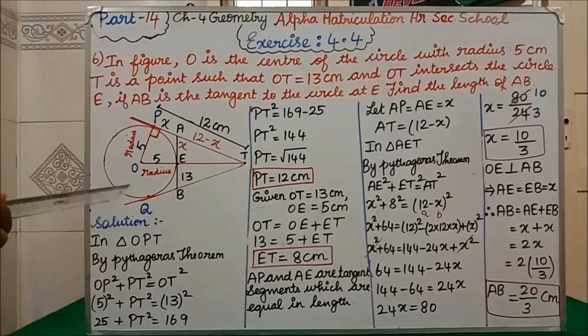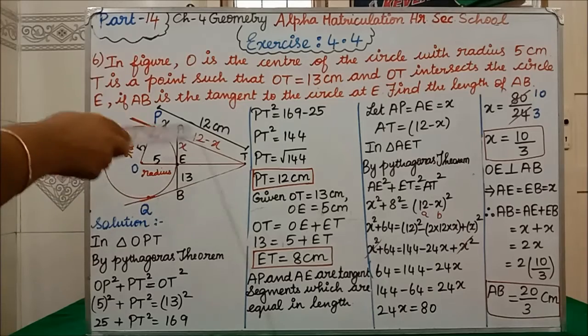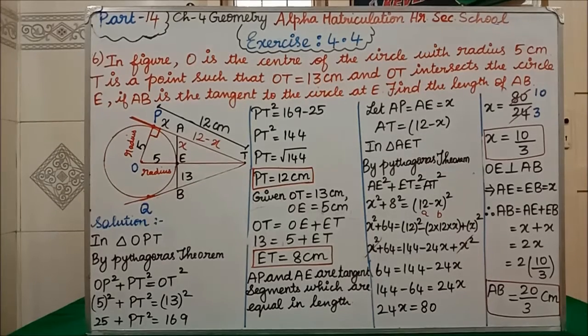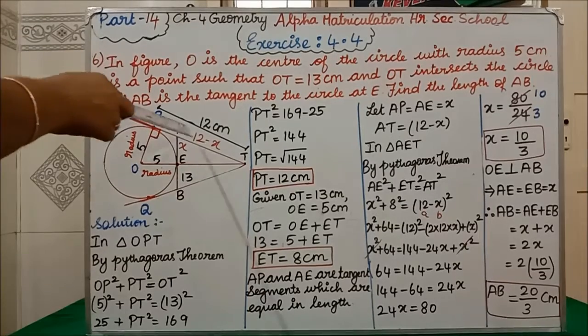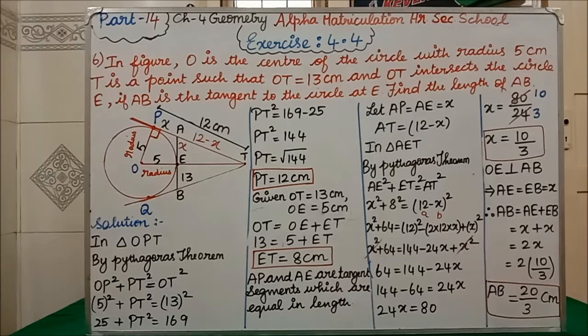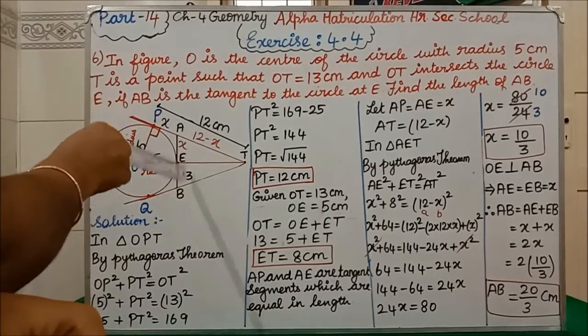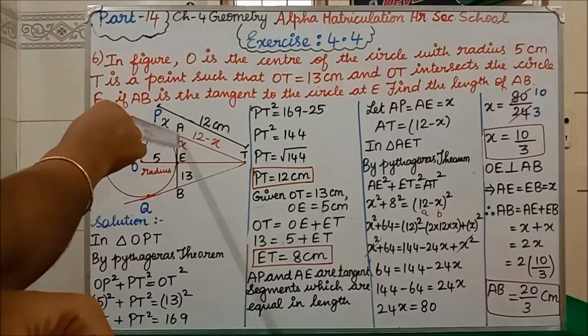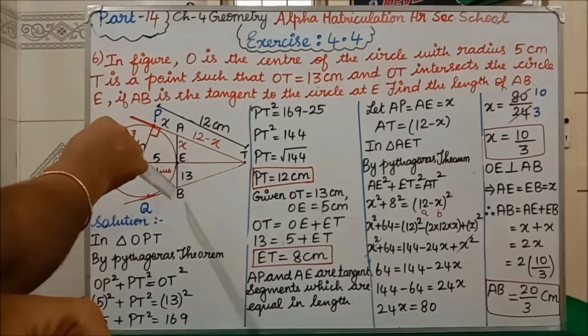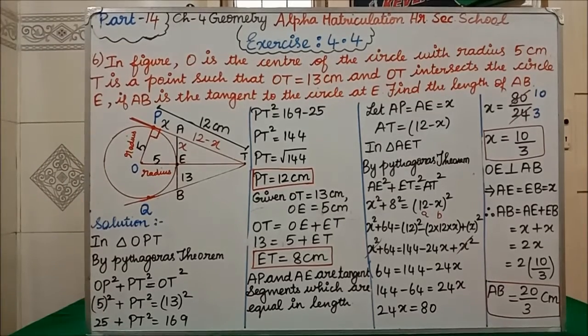But we have got the AE value only, but still we have to know EB, then only we can know the full length AB, isn't it? So this full length AB is equal to AE plus EB, I have written. Clear? Before that, this line OE is perpendicular to AB, isn't it? If this line is perpendicular, then AE is equal to EB. Clear? If here x, then here also x. So that only I have written here. OE is perpendicular to AB. AE is equal to EB equal to x.